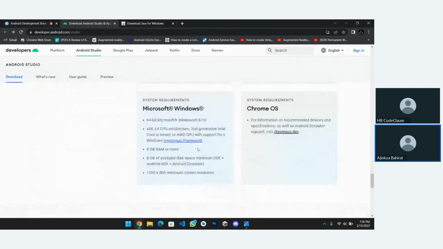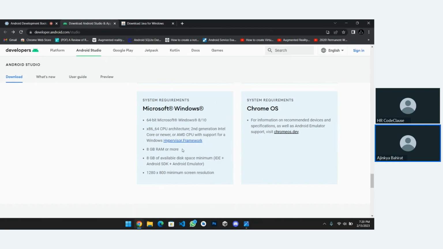Basically, here you can see a 64-bit operating system is required. If you have a 32-bit CPU, then you need a second gen Intel Core processor or newer, or an AMD CPU. Also 8 GB or more RAM. This is for the newer version of Android Studio.